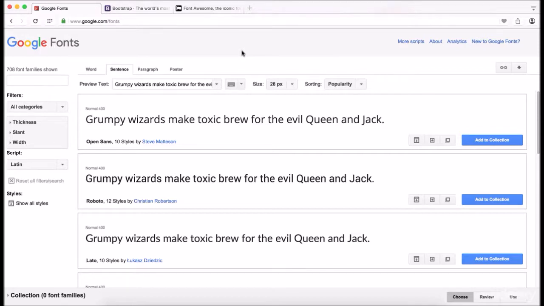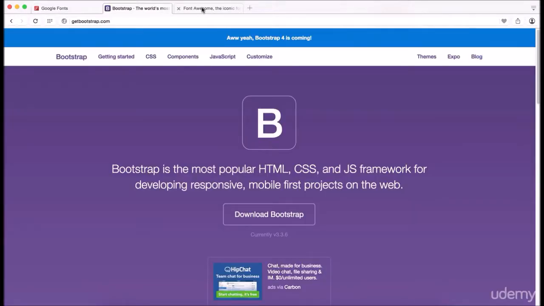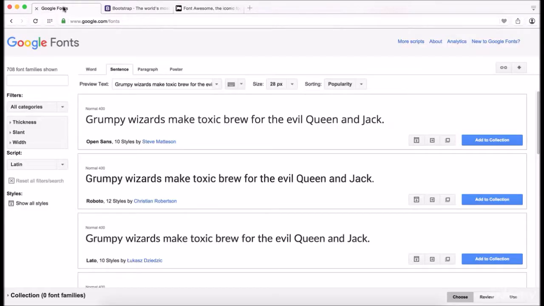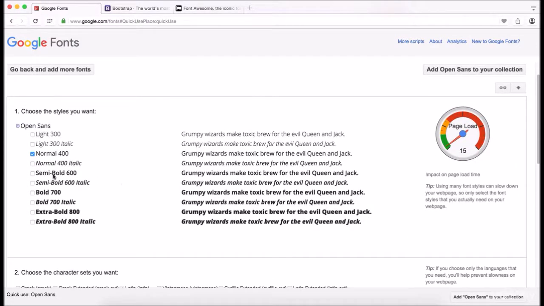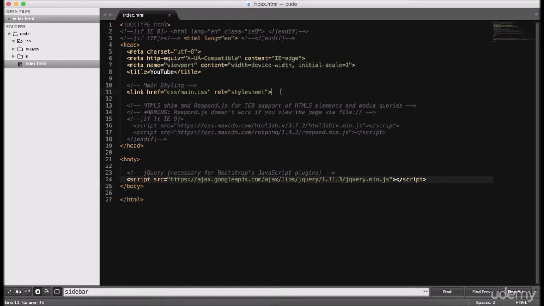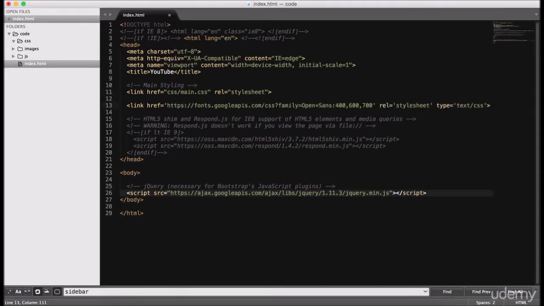In this lesson we're gonna download our Google font, and we're gonna download Bootstrap, and we're gonna download Font Awesome icons. So the first thing I want you to do is to go to Google Fonts and choose normal, semi-bold, and bold. Then go ahead and copy this link right here. I'm gonna copy and paste it right there, and then